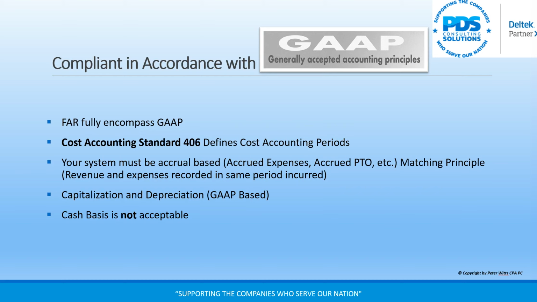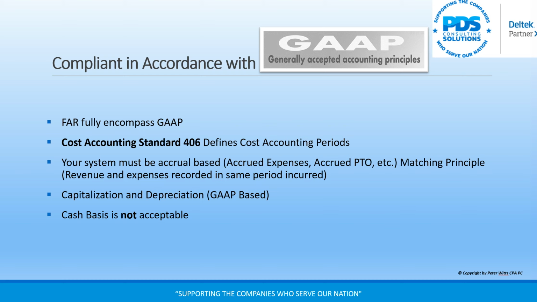Any compliant accounting system in federal government contracting is built in accordance with GAAP, the generally accepted accounting principles. The Federal Acquisition Regulations fully encompass GAAP. Within that are also the cost accounting standards. Not every company starts off having applicable cost accounting standard requirements there,